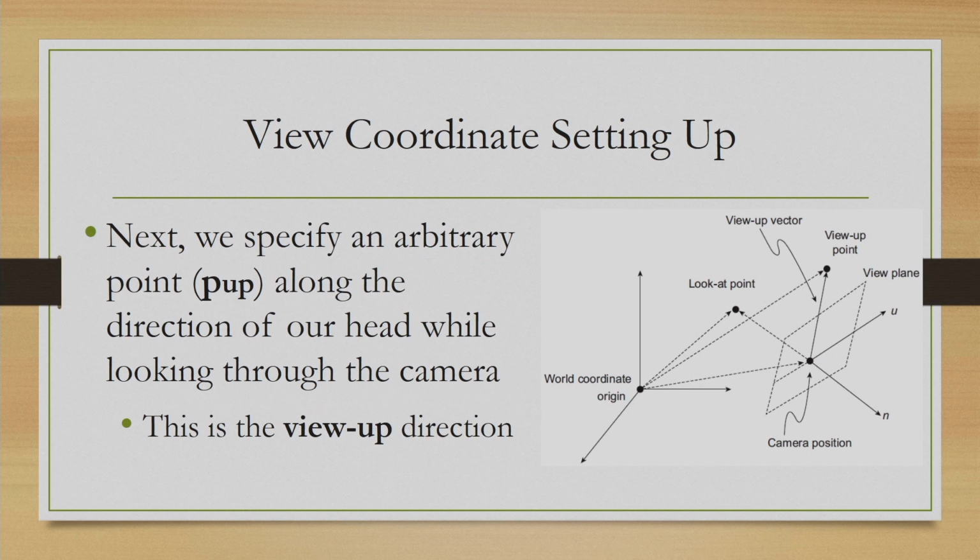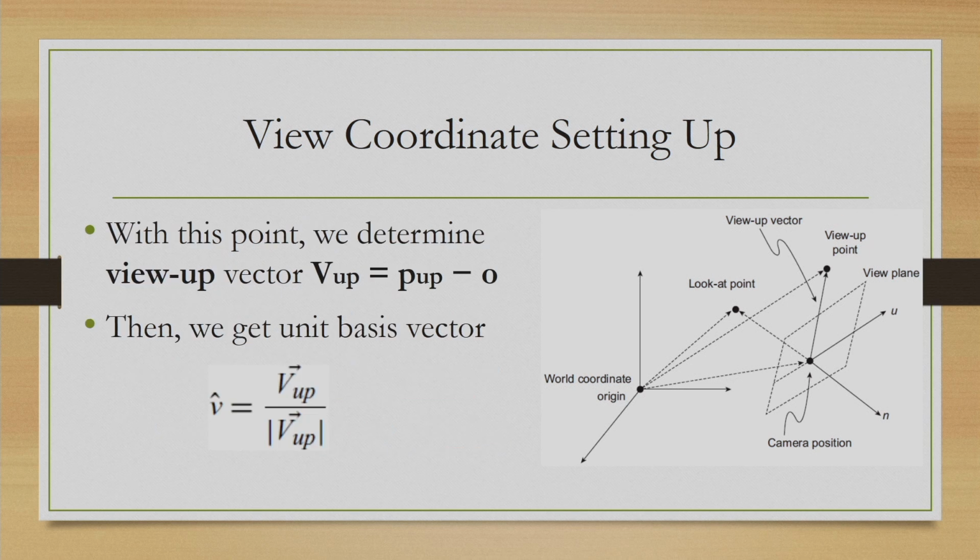Next, we specify an arbitrary point, denoted by p up, along the direction of our head while looking through the camera. This we call the view up point along the view up direction. So, the direction along which our head is oriented while we are looking at the scene through the camera. Essentially, this is the head up direction. Now, with this point we determine the view up vector,